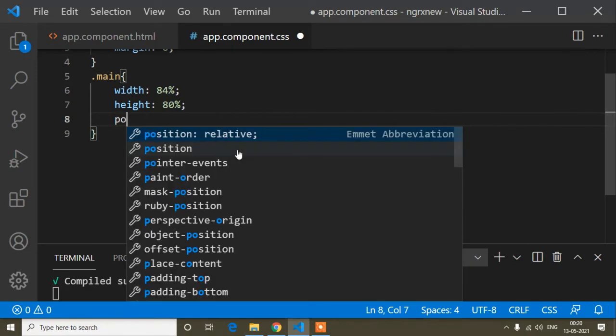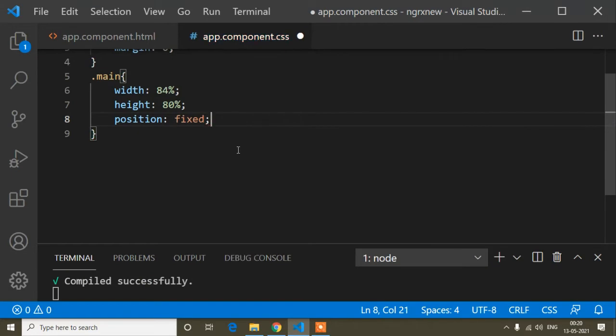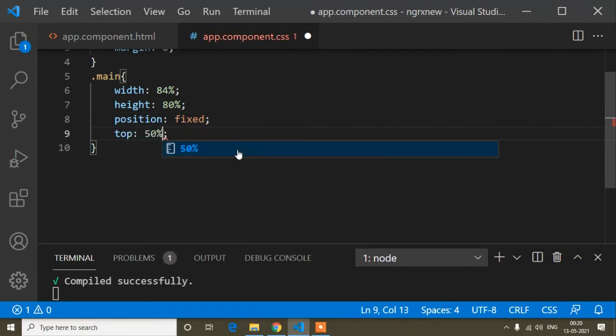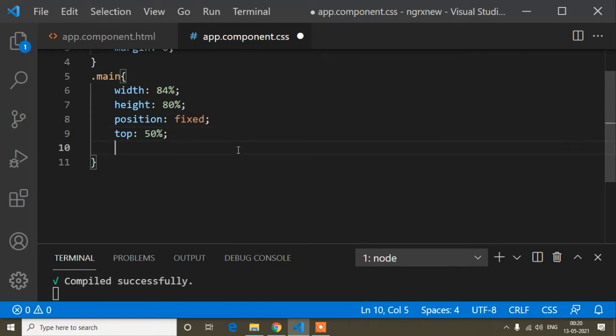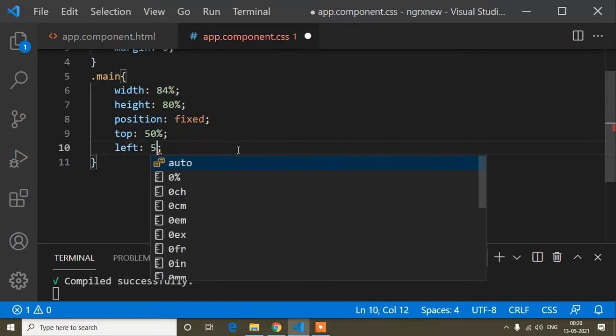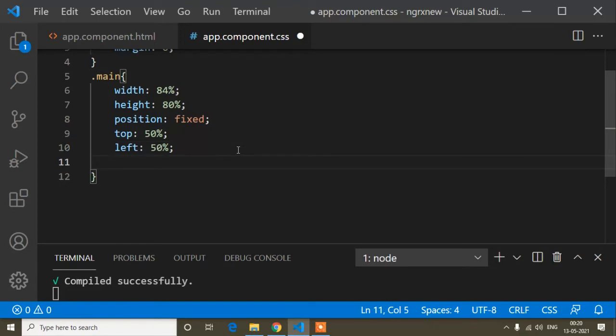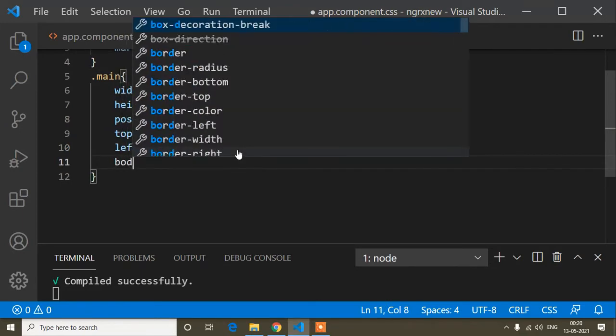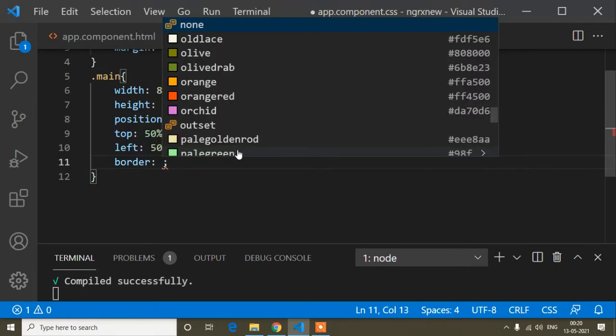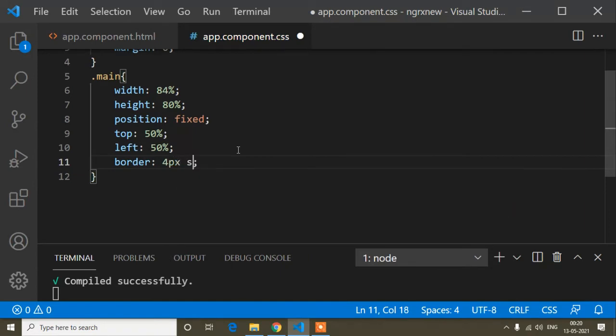And position is fixed, top 50%, and now left is 50%. Border: 4 pixels solid and white.